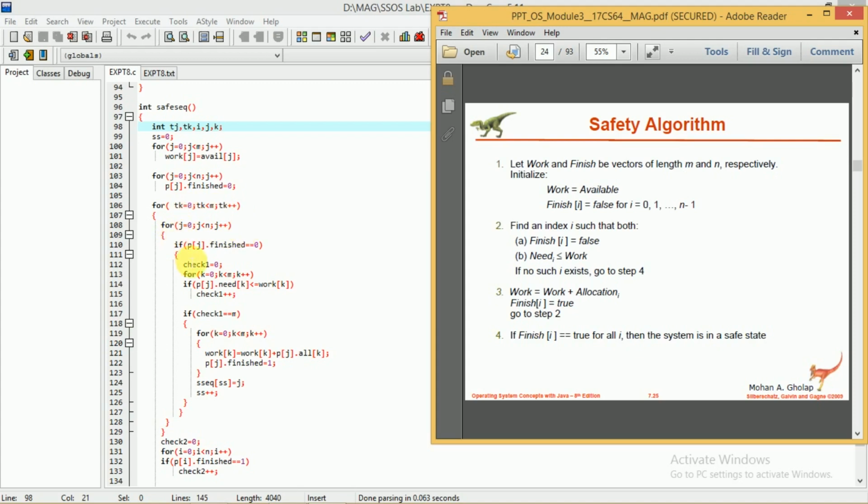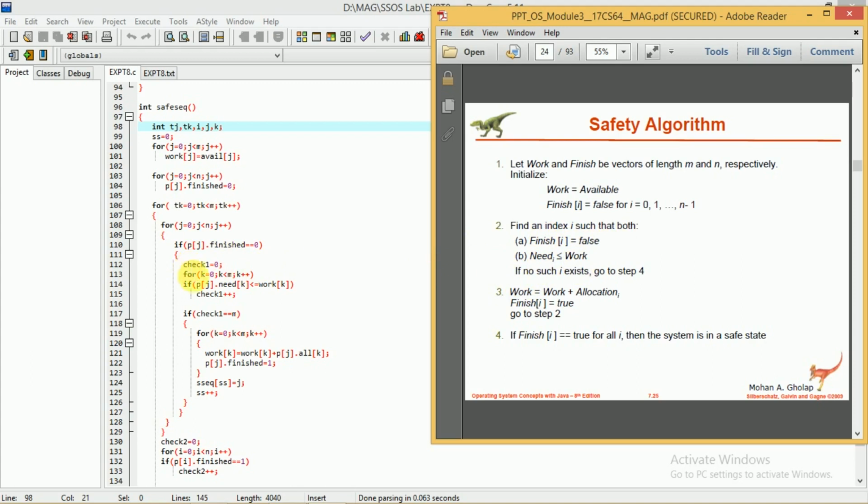So what we have to check is whether p of j dot finished equal to 0, that is, whether finished of i equal to false. Then the second condition is we have to check whether the need of that process is less than or equal to work.